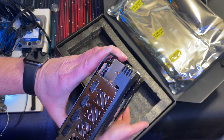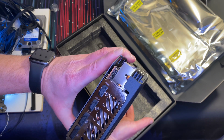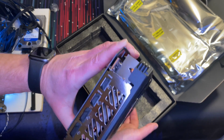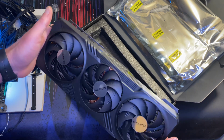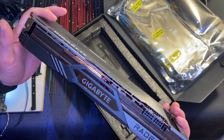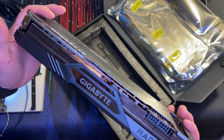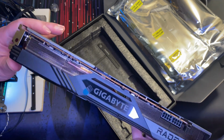So HDMI on top, 3 display ports. No, I'm wrong. 2 HDMIs and 2 display ports. Okay, there you go. Look at that. And good old Gigabyte WindForce, reasonable fin stack, about the same as, a little bit less than my 3080, to be honest. 2 8-pins, which,